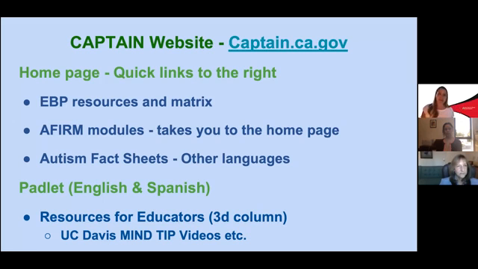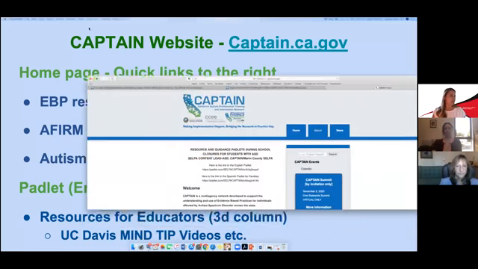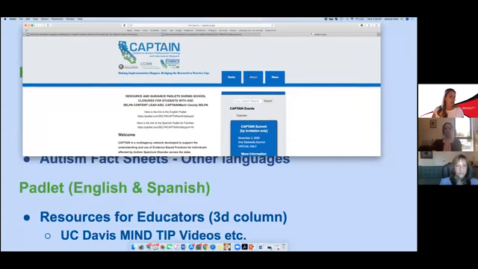I'm going to share with you some of the resources available through CAPTAIN by doing a walk through the CAPTAIN website. So we'll go to some basic links on the homepage, and then we'll also be looking at a Padlet that's been specifically designed to address needs that have come up with regard to COVID-19 and distance instruction. So if you follow the link to the CAPTAIN website,